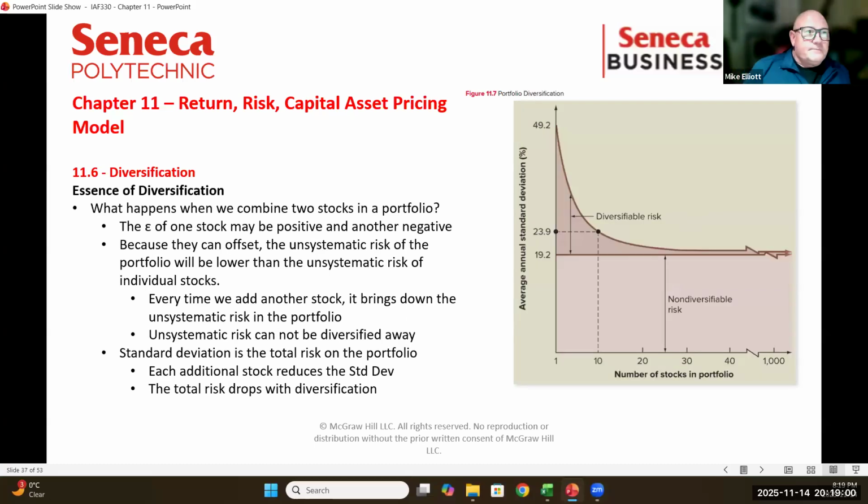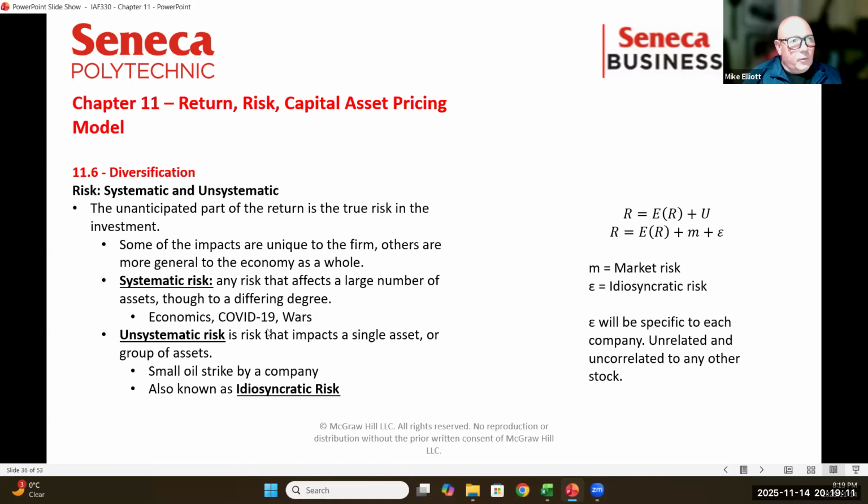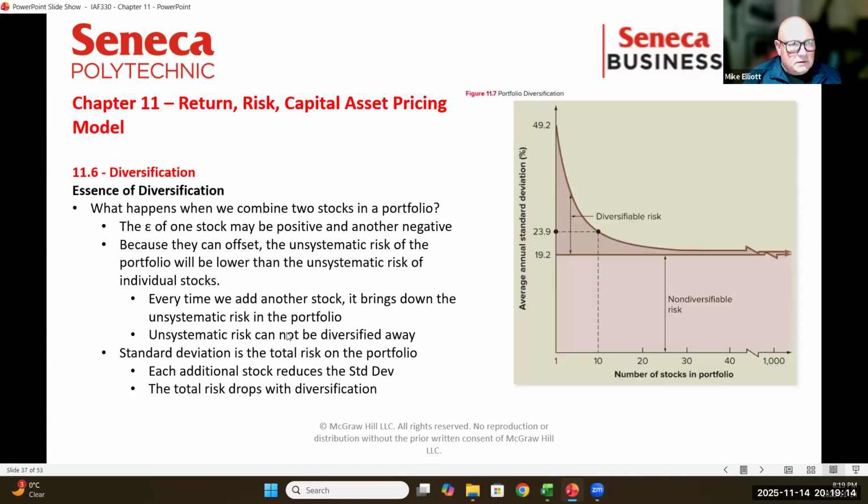What happens is when we diversify, we can get rid of some of the risk in the portfolio. Specifically, we can...